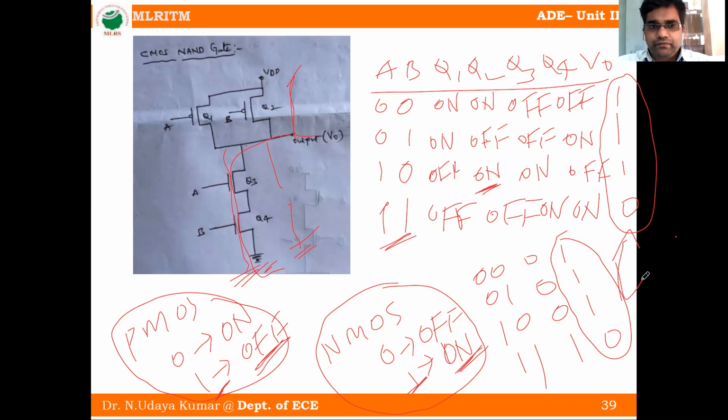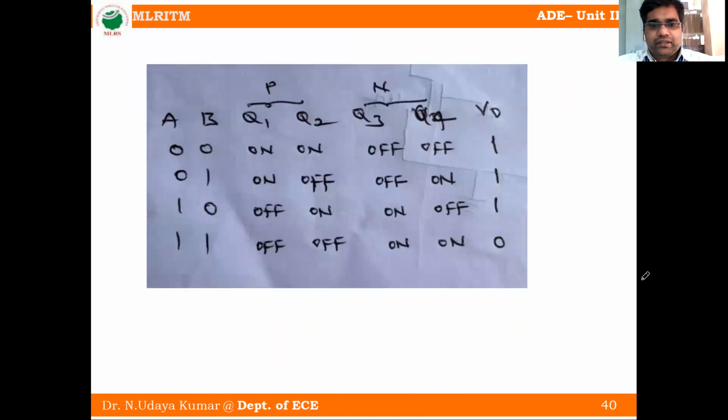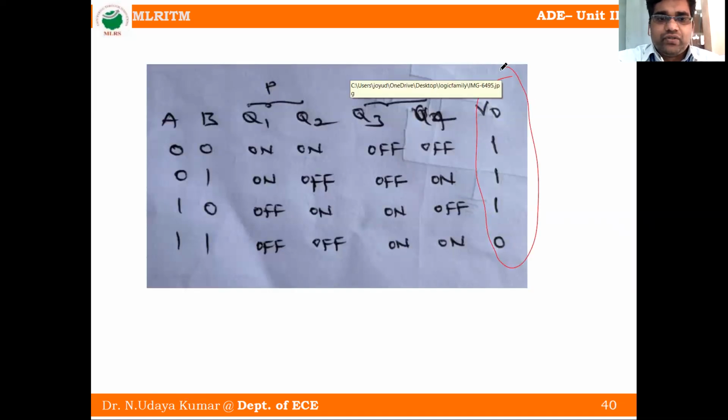Okay. Now we will see the CMOS NOR gate. So this is what I just discussed. This is the truth table for the CMOS NAND gate. We will get this one. This is called the NAND gate. For 0 0 we will get 1. For 0 1 we will get 1. For 1 0 we will get 1. For 1 1 we will get 0. That is called